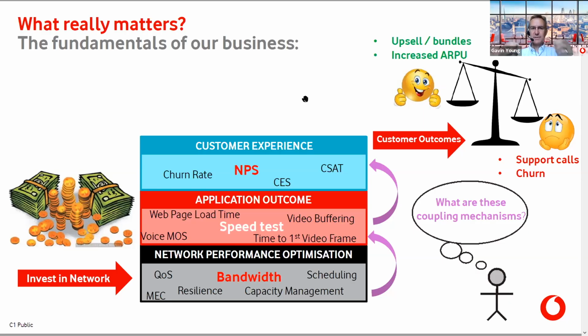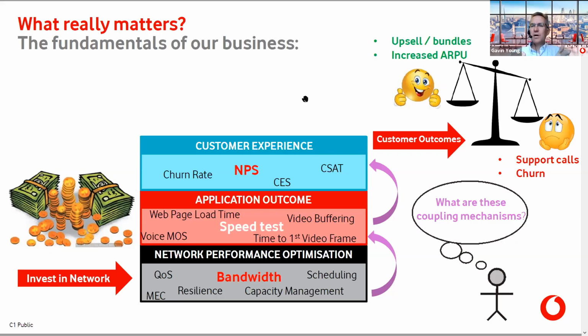So that's been a very simplistic model. Invest in bandwidth, create better speeds. That in the early days certainly created better application outcomes, and then if you get that right, you have happy customers. The issue now is that we're in the era where we're capable of providing and selling more bandwidth to our customers than they perhaps actually need today. So via fiber and cable DOCSIS technologies, we've got a lot of customers we're providing gigabit per second broadband speed to, which is great. And applications are evolving.